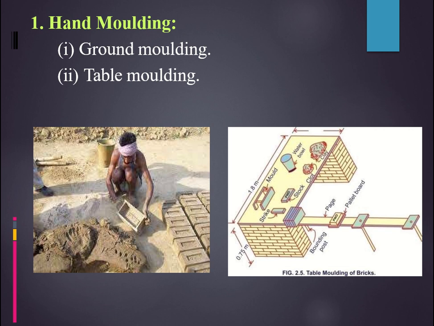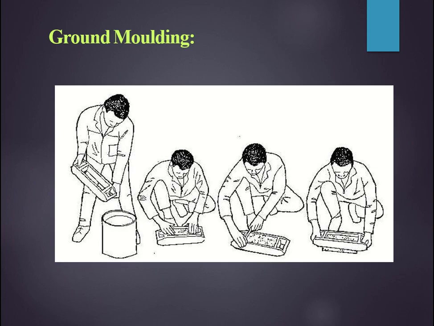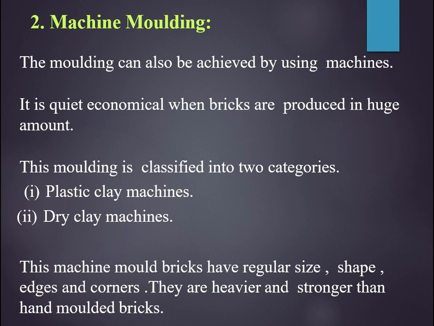And then it is taken to the drying site. It is something like, if you have baked a cake earlier, once you bake the cake in the baking tray or cake mold, and once the baking is done and the cake is ready, we cool it, place a plate on it, and then just reverse it, right? The same fashion I've explained to you. So in the place of a plate, just try to imagine a pallet, okay. That's about table molding. Let's go quickly to the next one, which is machine molding.